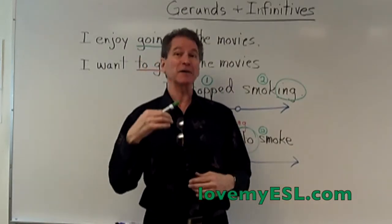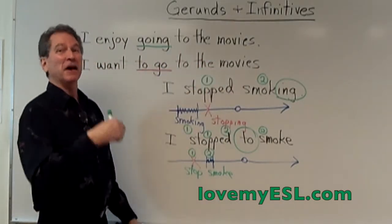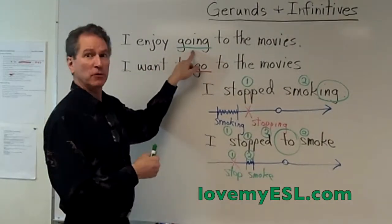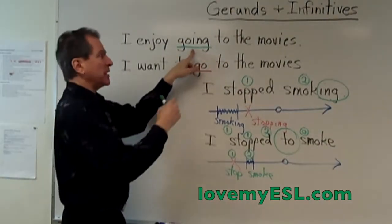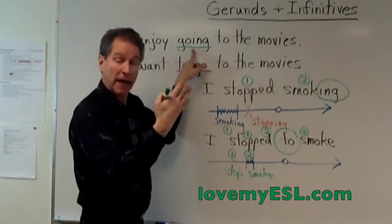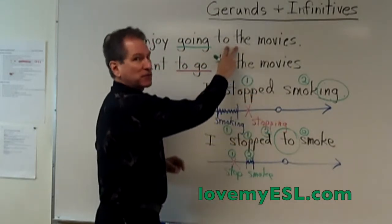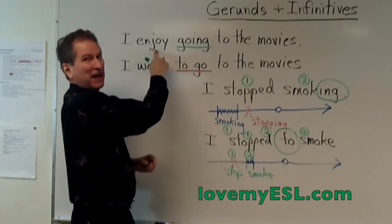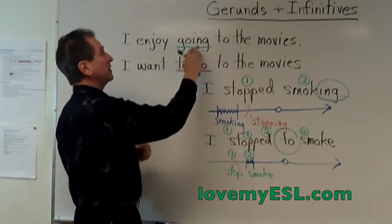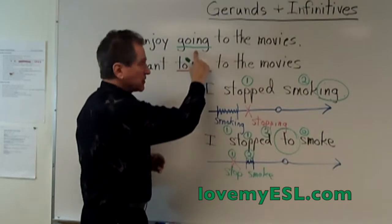So you can use that little 80% rule to help you figure out whether these things are gerunds or infinitives. For example, if you look at this, I enjoy going to the movies. How do I know I enjoy it? Because I have already gone to the movies and I like the experience, but I had to have the experience first. And I liked the experience, so going to the movies was first, and then I figured out that I enjoy it. So it's the opposite of the sentence. Enjoy is first here, going to the movies is second, but in real time, going to the movies was first,